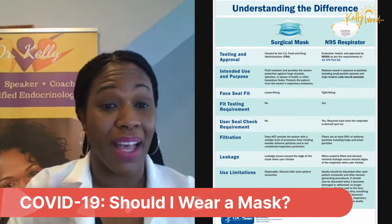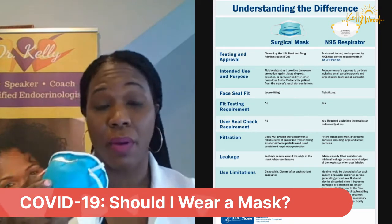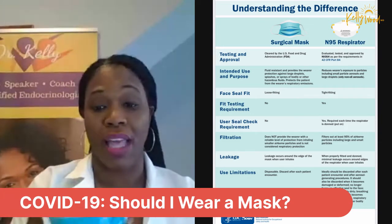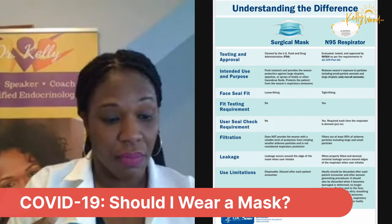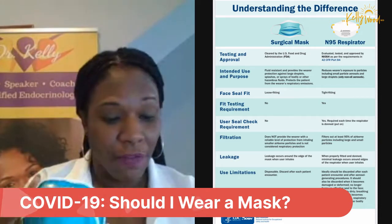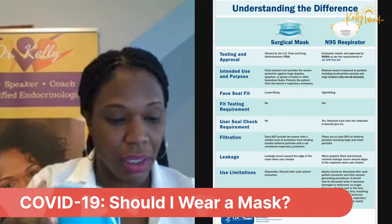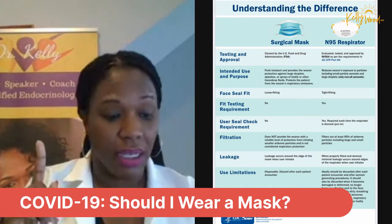So the surgical mask does not require a fit testing. The N95 respirator does require fit testing to make sure that it's tightly sealed, to make sure that you are in good health to be able to even wear this. In terms of filtration, the N95 mask, like I said earlier, filters out at least 95% of airborne particles, including large and small particles. However, the surgical mask